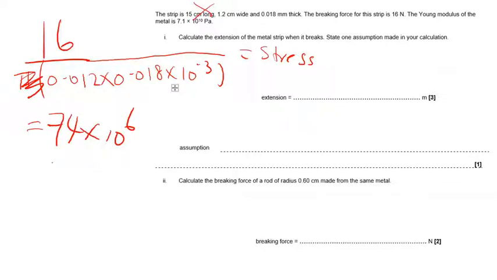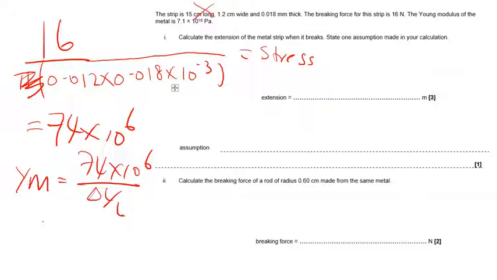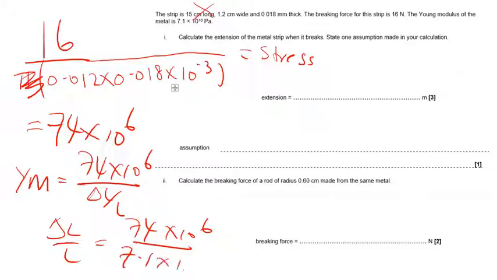And you're given the Young modulus, so the Young modulus is 74 times 10 to the 6 divided by delta L over L. So we want delta L over L, right? Delta L over L is 74 times 10 to the 6 divided by, in the question, 7.1 times 10 to the 10, and that is equal to